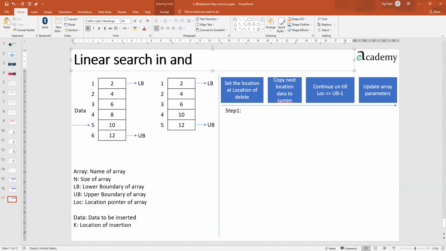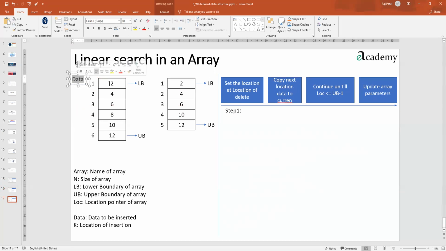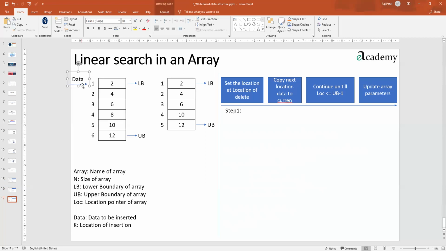in an array. Now, what do we mean by linear search in an array? You remember in C++ we did one program that searches the first location, the first occurrence, of an element. In that case, if we had any data to be searched, we started from here. We compared this data with the data of A[1], array of 1. If not found, we went to the next for comparison.